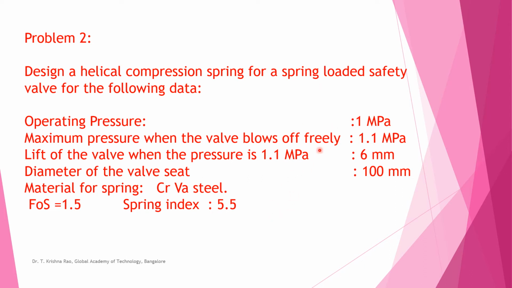Suppose for example, like our pressure cooker, there is a safety valve, a dead weight safety valve. When the pressure increases inside the pressure cooker, it lifts the valve and the steam will leak through. When the steam pressure falls, the dead weight will close it again. Instead of dead weight, for big boilers we cannot go for big dead weights. So we go for a spring loaded safety valve or an IC engine safety valve.